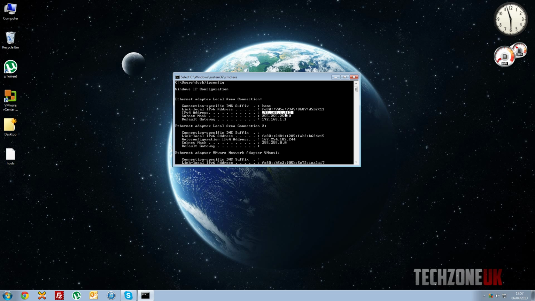But that's basically when you connect a new computer to your router, that's how it gets one of these IP addresses here. Now this IP address here at the moment is not static, meaning it does change. An IP address will change depending on how long the lease time is. So for example, you connect a computer to your router which has the DHCP server on. The DHCP server gives that computer an IP address,